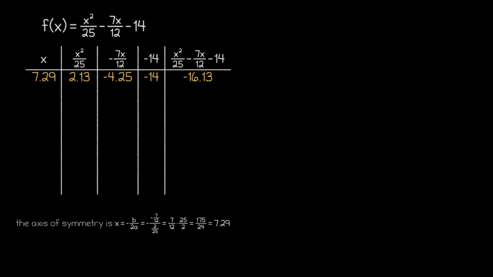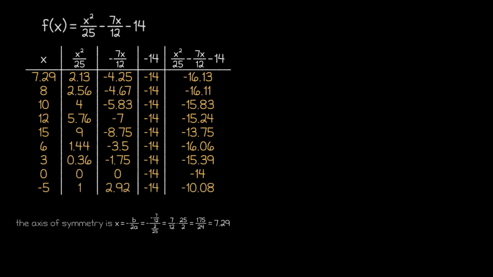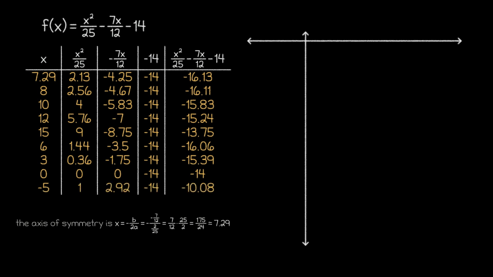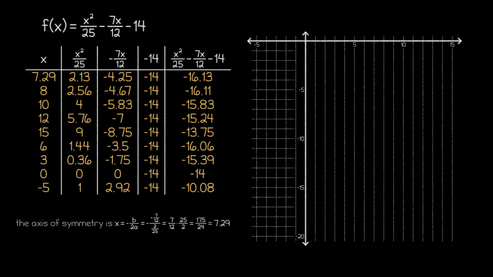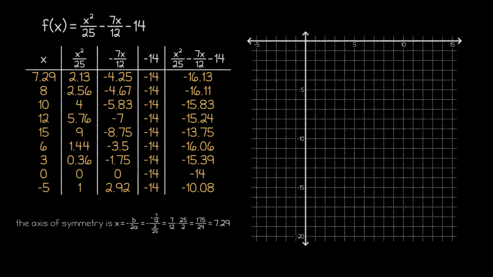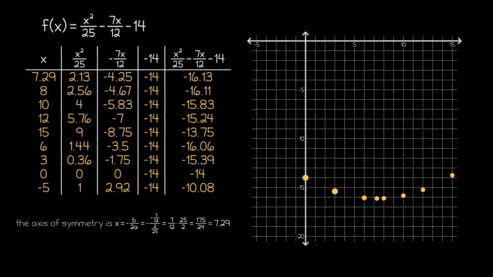Before we draw the new axes, however, let's find a few more points on our graph to get a better idea of what the ideal axes might be in this situation. We'll eventually see that it could work well to go from -5 to 15 on the input axis and from -20 to 0 on the output axis. This keeps the scale of our axes the same, which will allow us to compare the shape of this parabola with others that we've seen so far. Then, once we have those axes drawn, we can plot our points and draw our parabola to complete the problem.